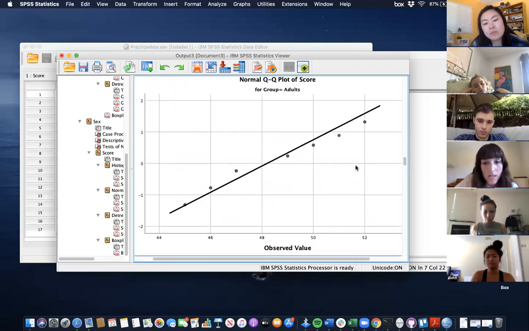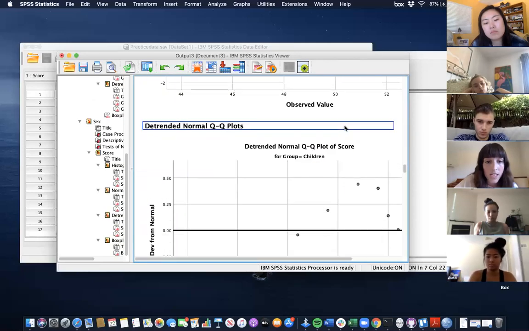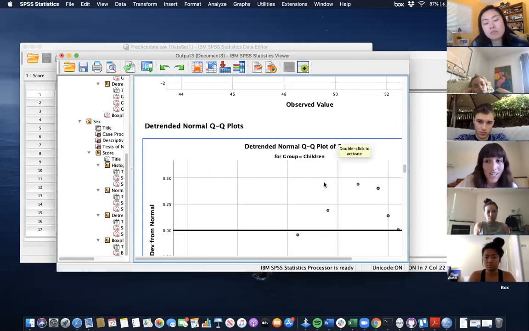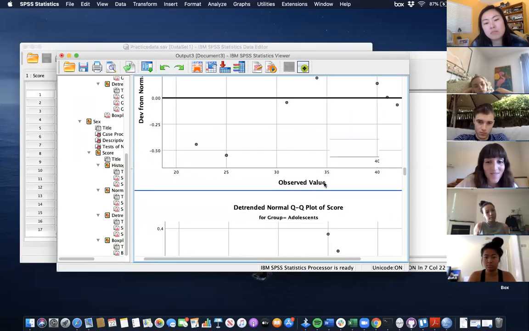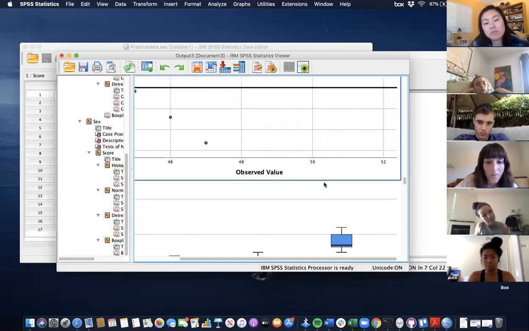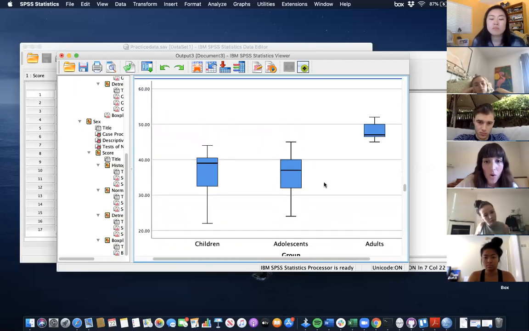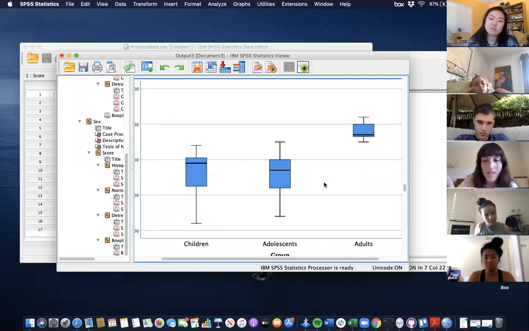And then for adults, the same thing, but it's closer to the line. So it's approximating normality a little bit more than we saw in the children. These detrended ones I don't use at all, so I just skip them. And then I go right to the box plot. Because the box plot is kind of confusing,